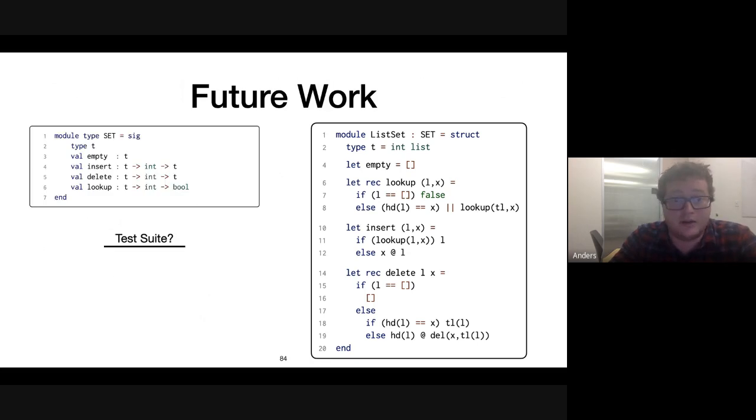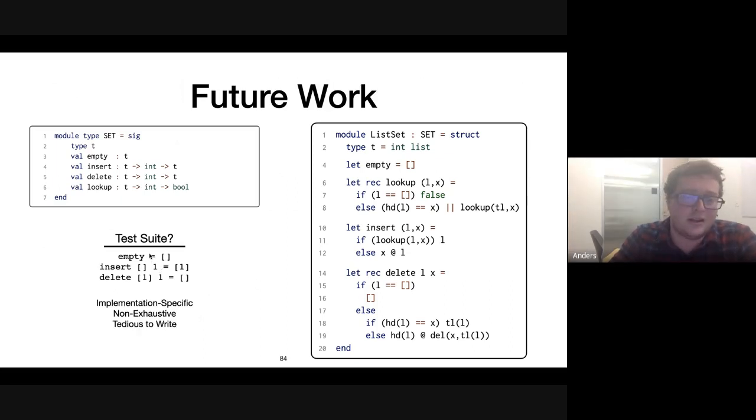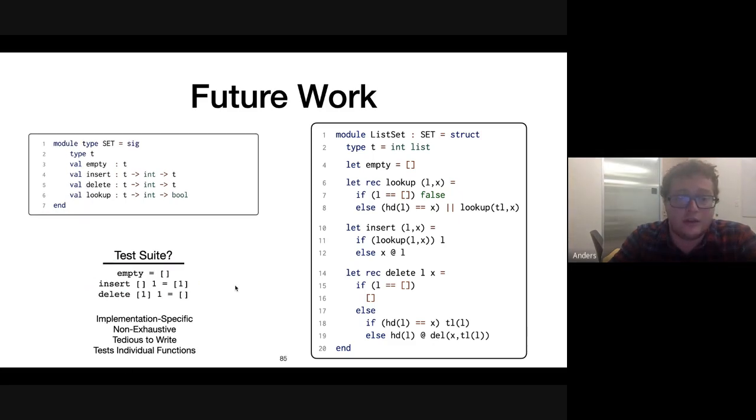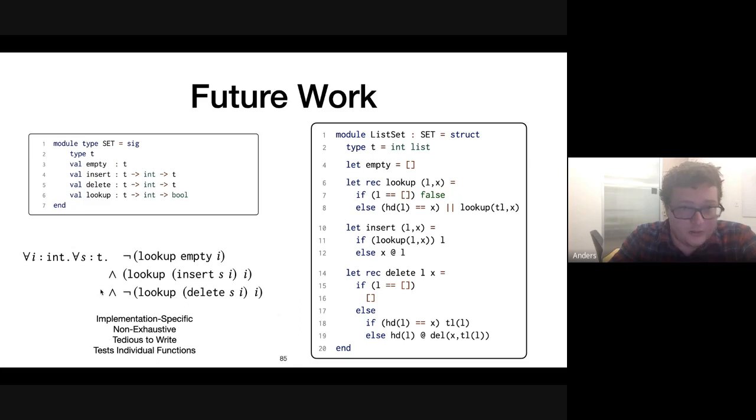I've done some work on how you can verify full data structures. You could talk about correctness using a test suite, but it has all these issues. The better thing to do is to use a relational spec, which relates the various operations to each other. This solves some of these issues, and it's nice because it doesn't talk about the individual implementation, but about what a set is in general. This is hugely exciting in the context of synthesis, because I would like to generate all these programs at once such that they satisfy this specification. That would be really useful.